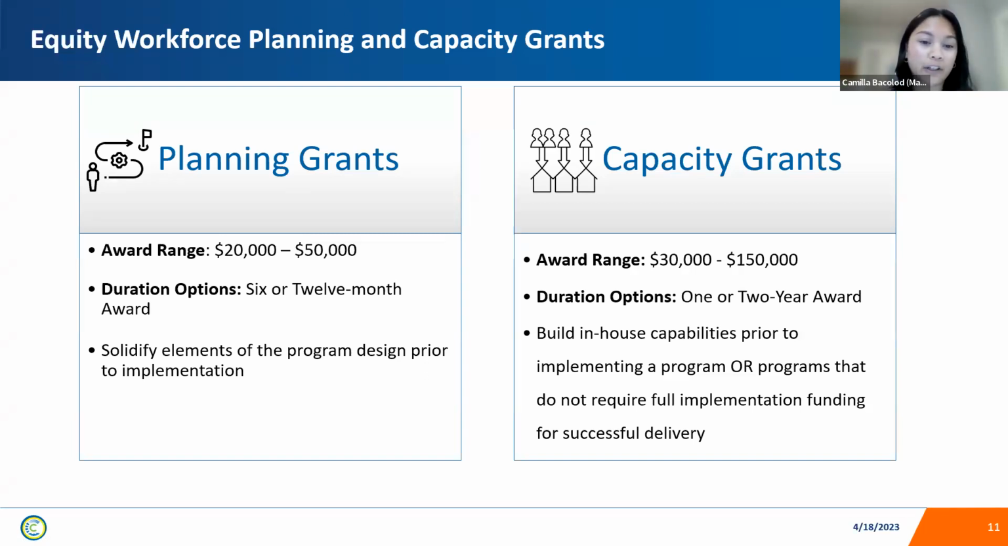So for the planning grants, the purpose is to plan a workforce training program or an MWBE support program. The planning grants have an award range of $20,000 to $50,000. The activities in the planning grants will occur during a 6 or 12-month award period, and the purpose of the planning grants is to solidify the elements of your training or MWBE support program